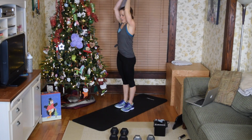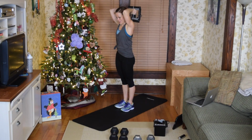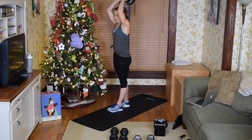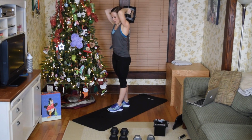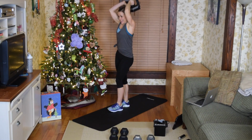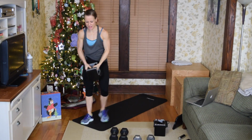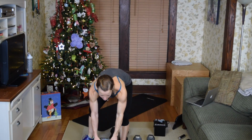1, 2, 3, 4, 5, 6, 7, and 8. All right, so if you want a little cardio move in between your sets, you can do some scissor